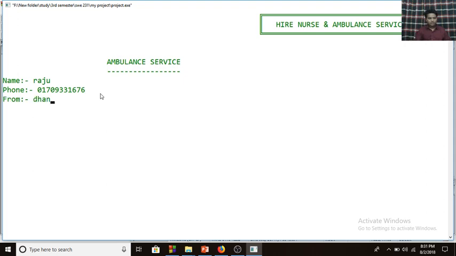From Dhanmondi to Shankar, charge 40 taka per kilometer. Category AC. If you want AC, you write AC. Doctor, if you want a doctor with the ambulance, write yes,